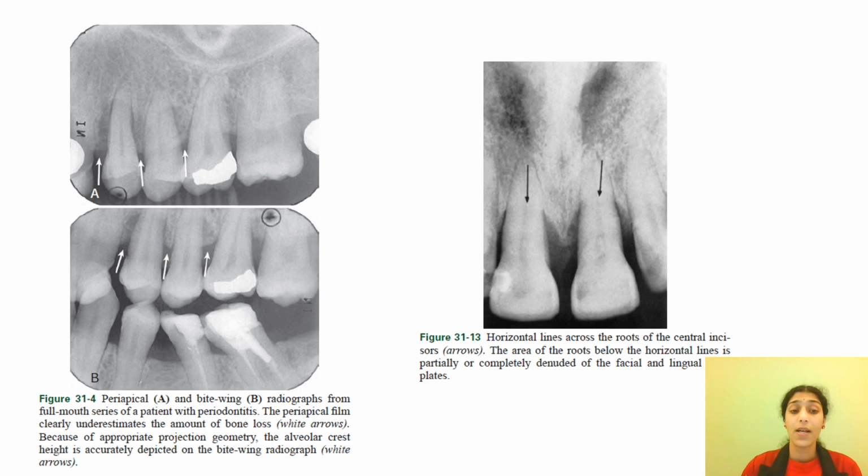Sometimes in some of the periapical radiographs, the amount of bone loss could be underestimated, and as you can see here in this picture up here, the radiographic bone loss is showing like that. It looks like the bone loss is only around the coronal third, but the actual bone loss, when you take a bitewing, it will be clearer, and that's why you can see the bone loss is extending almost beyond the coronal third. Ideally it is sometimes around the middle third also.